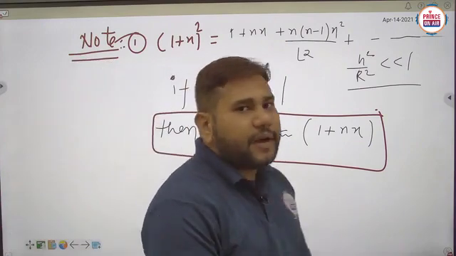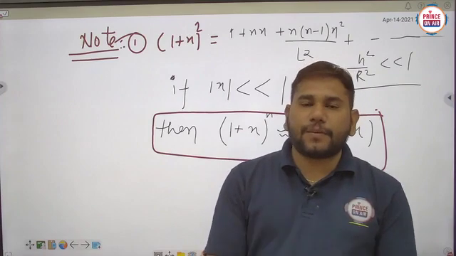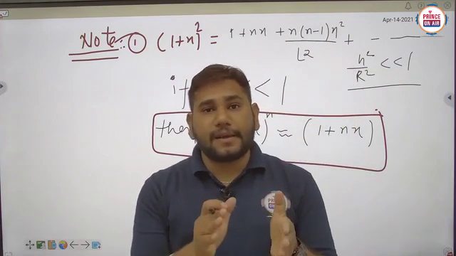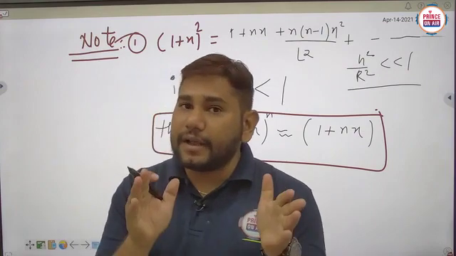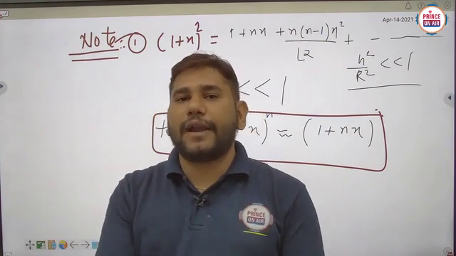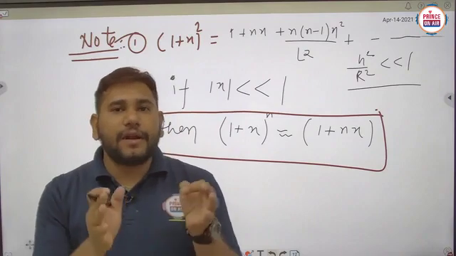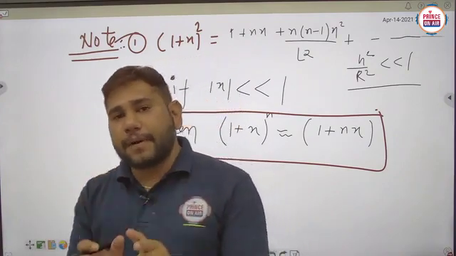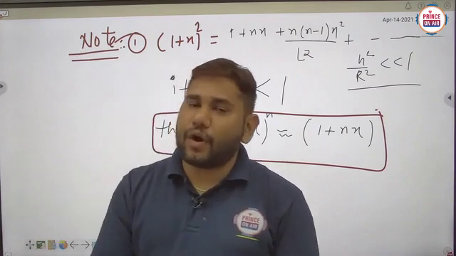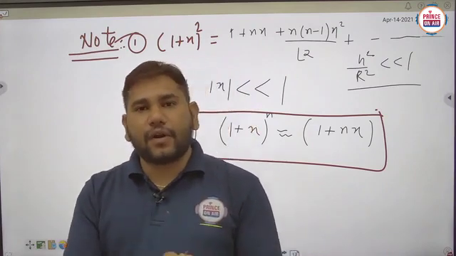So here we discussed the five formulas of the binomial algebra. Next we discussed the quadratic equation. We did an example also on the quadratic equation, and next we discussed the binomial theorem. We did an example based on the binomial theorem. Hope every topic is clear to all of you.